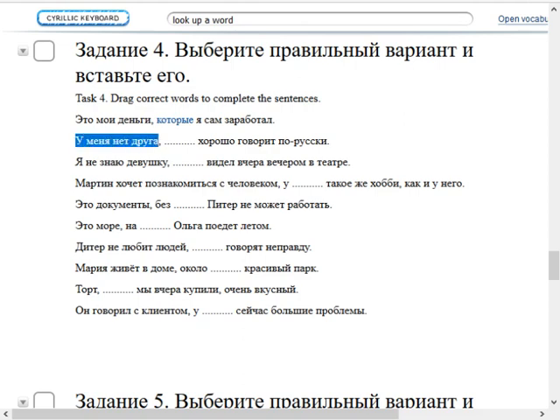Okay, у меня нет друга. I don't have a girlfriend, or at least I don't have a female friend who speaks Russian well, который хорошо говорит по-русски. I don't have a girlfriend who speaks Russian well. So,